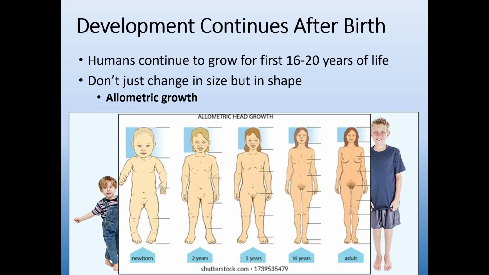So here is a cartoon image. This is a human infant, and proportionally the head is about the same size as the thorax, is about the same size as the kind of hip region and the lower leg. They're fairly evenly divided. If you took a human infant and made it an adult size, they would not look like an adult human. Their proportions are very different. Instead, we change those proportions. Our head becomes proportionately smaller to our torso, our limbs become proportionately longer. There's a change in size. So we're doing this allometric growth. Or excuse me, change in shape.